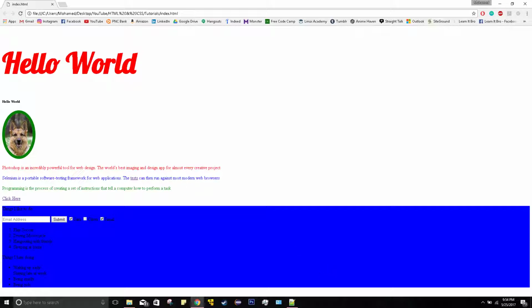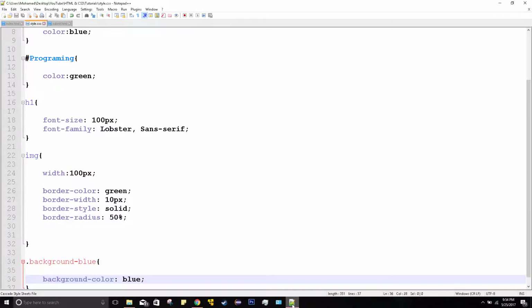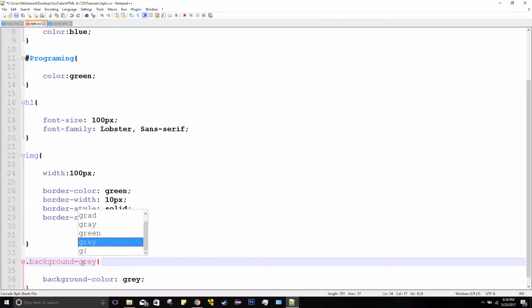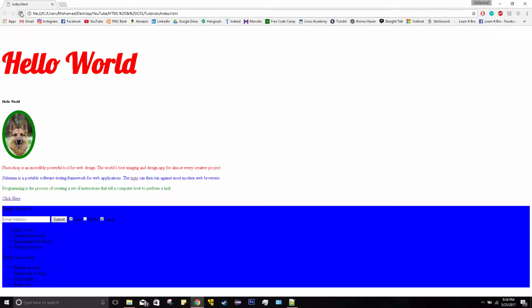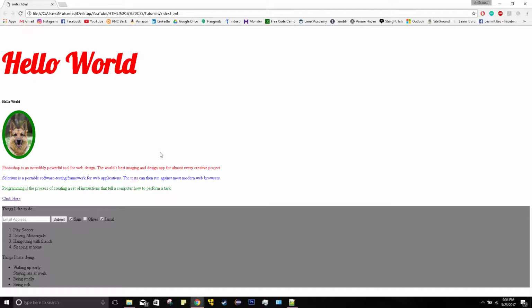Since it's a pretty disgusting color, I'm going to change it to gray, which will be a little bit nicer. And I'm going to change this to gray as well to be consistent and easy. I love the color blue, don't get me wrong, but in this particular case, I don't like it at all. So something like that, for example. Using that div, I was able to contain this section and color it in the color that I actually want. So that's it for this